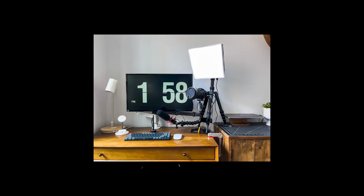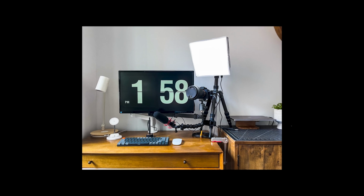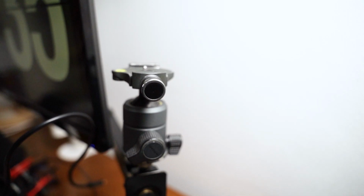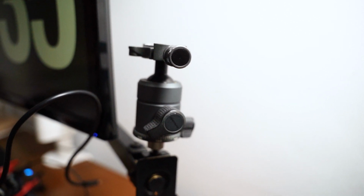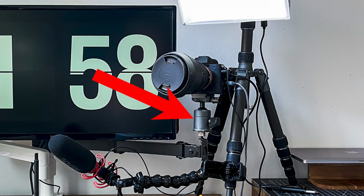Recently, I made a video about my desk setup, and you can see in that video that I have one monitor stand that hooks up my monitor and also has my camera attached to it. And the way I attached my camera to it was by using the monitor arm, which has a 1/4 inch screw, putting one of the adapters I just talked about on top of it, putting my ball head on top of the adapter, which then allowed me to obviously put my camera on top of my ball head, which is how it was